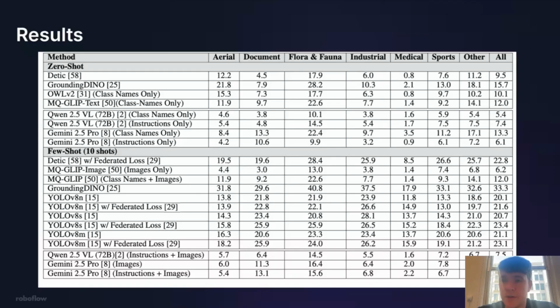So really not a crazy amount of data. And if we compare it with YOLOs, we really do see that GroundingDINO has way higher score at the end. I think 23.4 is the highest one for YOLOs versus 33.3 for GroundingDINO. And we view this as a pretty good signal that